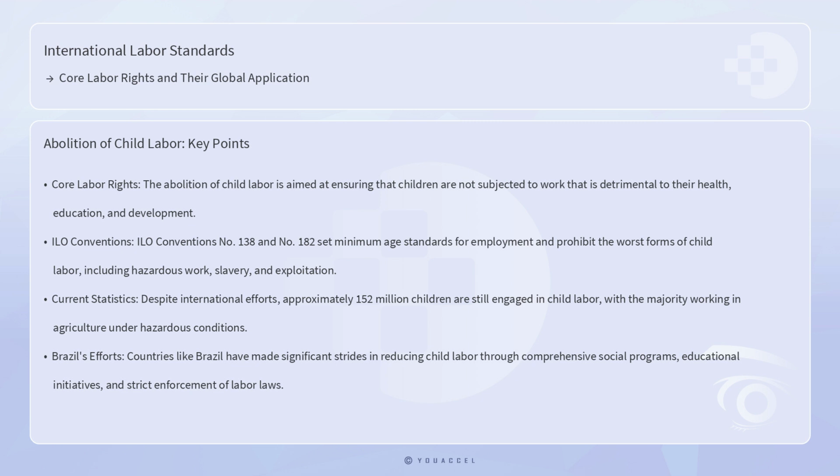The abolition of child labor is another critical component of core labor rights, aimed at ensuring that children are not subjected to work that is detrimental to their health, education, and development. ILO Conventions No. 138 and No. 182 set minimum age standards for employment and prohibit the worst forms of child labor, including hazardous work, slavery, and exploitation. Despite international efforts, approximately 152 million children are still engaged in child labor, with the majority working in agriculture